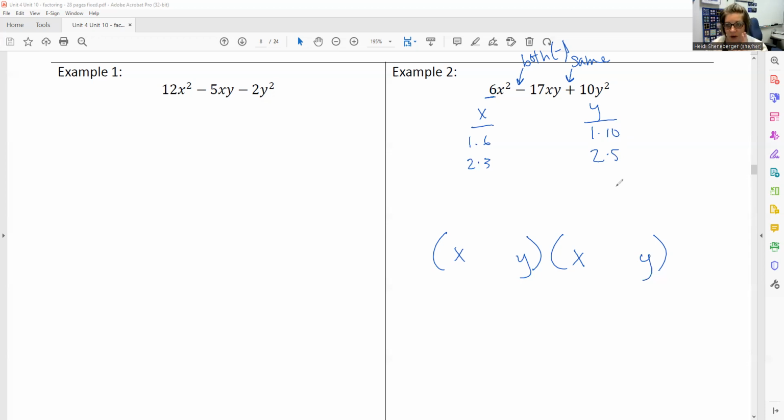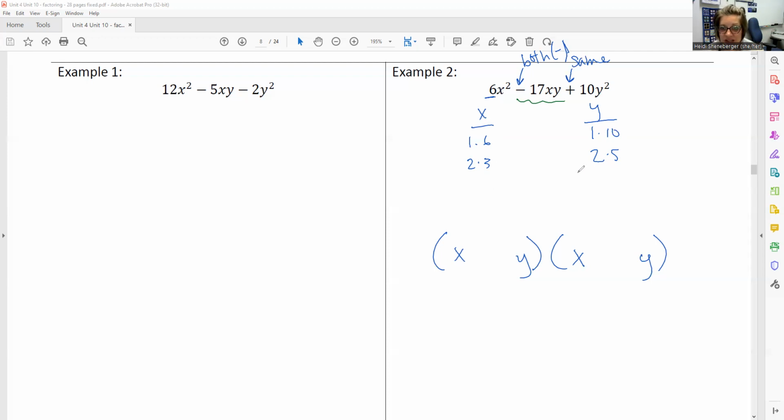Okay. So what am I doing again? She said it in that video. I am looking for something that when I multiply them by each other, they're going to add up to be this negative 17, right? Off camera, I went through all of these, right? I did 1 times 1, which is 1, and then I did 6 times 10, which is 60. 60 is way too big for 17. I did these two. That got me close. I think that got me to 16, but it's still not good, right?